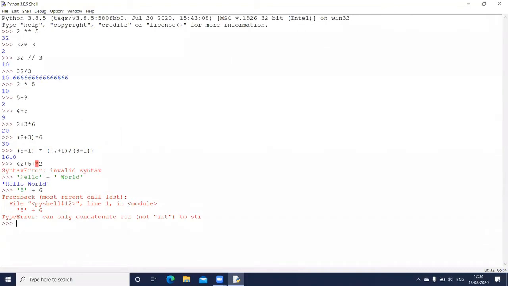So I can write it like this: plus, if you have a number and you want to convert it into a string, you can use the function str. It converts the parameter into a string, and then you can see we get the answer as 56, enclosed in single quotes. That means it's a string and not a numerical value.